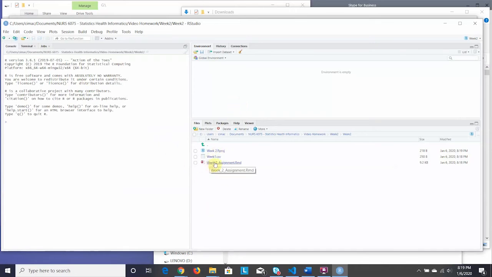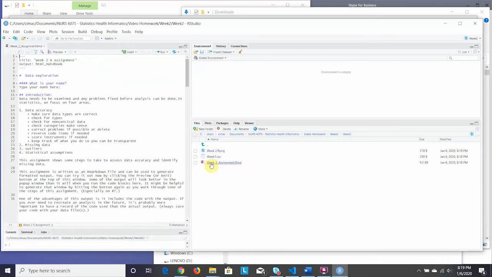Now I want to look at, in the File tab, you can see the files in that folder. And here's my R Notebook. So we're going to click on that. And here is the week 2 assignment that opened up. So it's very similar to last week. Put your name in, and you can read through some of this information,